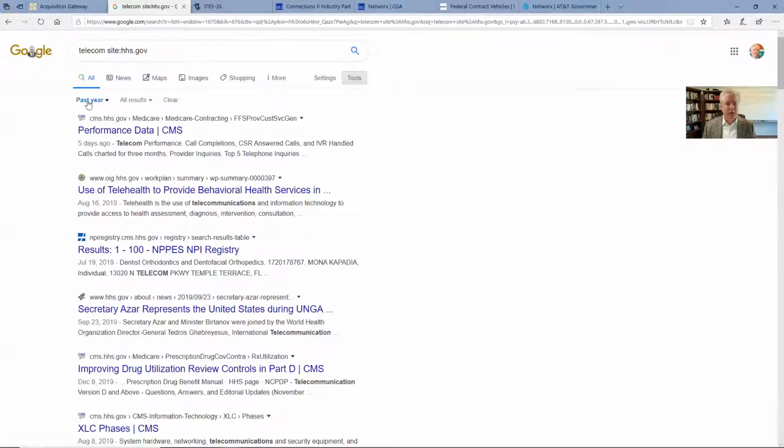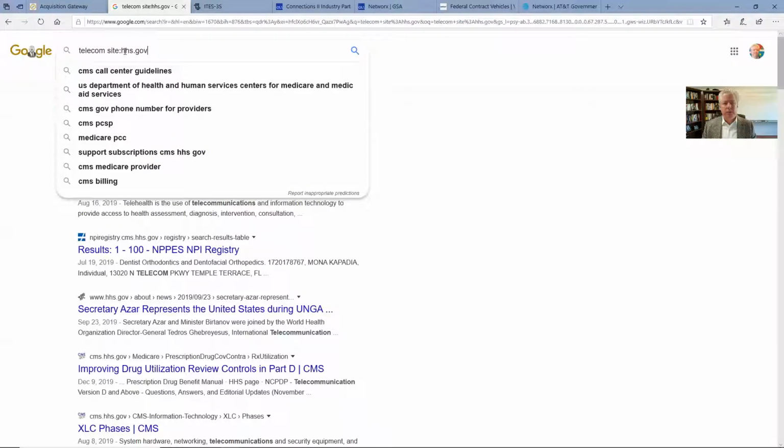So one example down here, you see where it says past year. All you do is click on tools, and it gives you those little filters. And now I can say past year. That's a standard thing I do, is I just say, show me the past year, because I don't need to see forever. The other thing is telecom is my keyword that I'm searching, but then I can put in things like